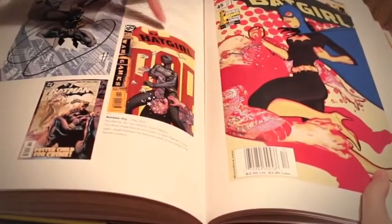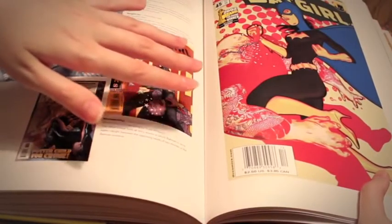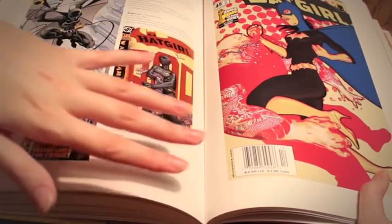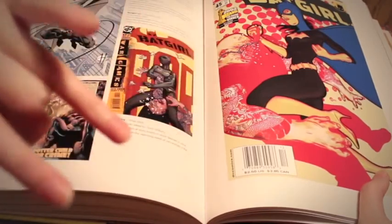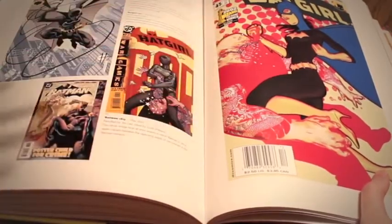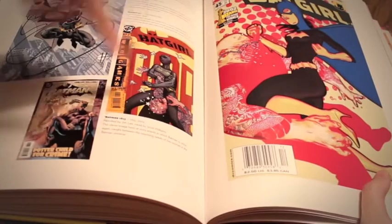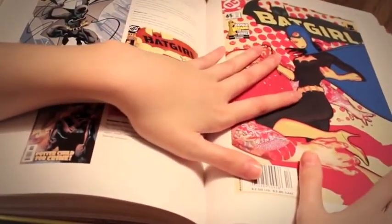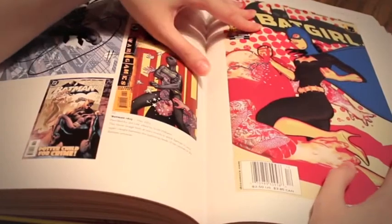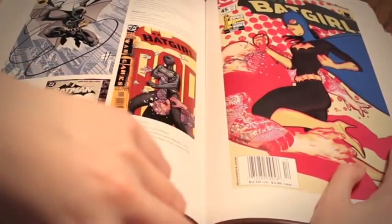Now, this cover and this cover here are by James Jean, who is a really great artist. And James Jean doesn't do a ton of comic book covers. Well, I shouldn't say that. He does a lot of comic book covers, but they aren't as mainstream. He does a lot of work for Fables, I'm pretty sure, and other things. He does advertising and things like that too, but I really love James' covers here because obviously they're somewhat violent, as many crime-fighting comic books are, but the violence is cartoonish in nature because, first of all, the